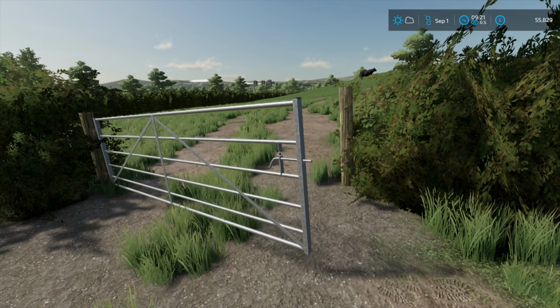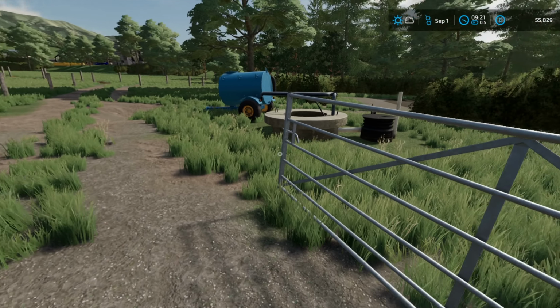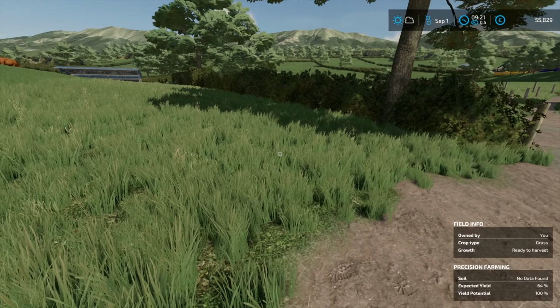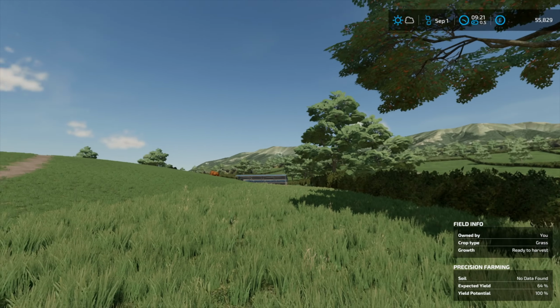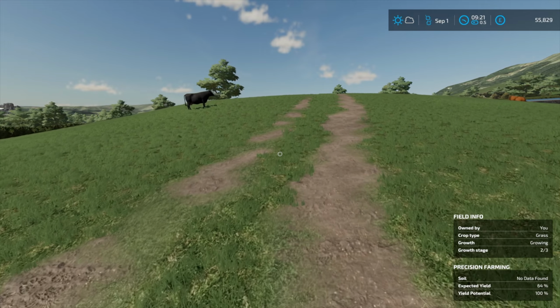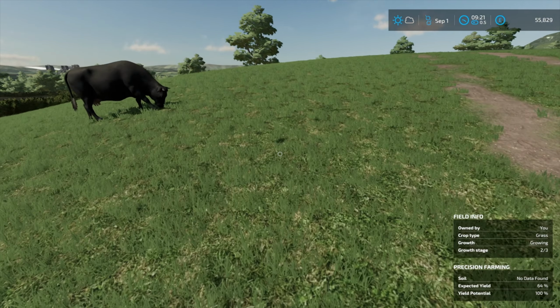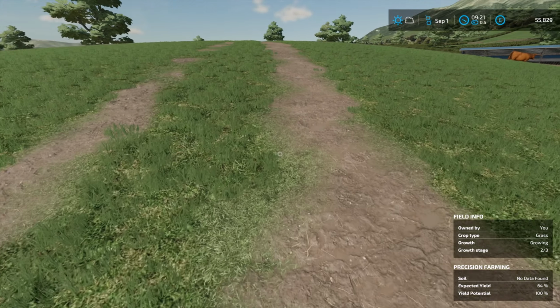And then the final 2 fields, we'll close this gate because the cows are on the run, is our beef cattle fields. So milkers are up in the main barn or farm, and then we've got the beef field here. This one's growing. Again, this was also ploughed in. So I put this little track in just up to the centre,